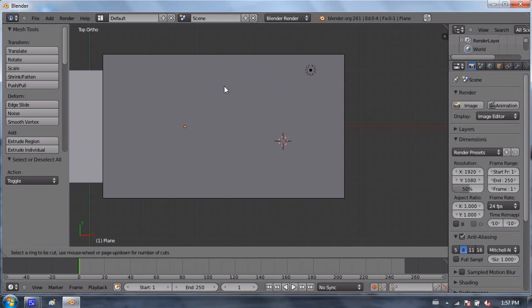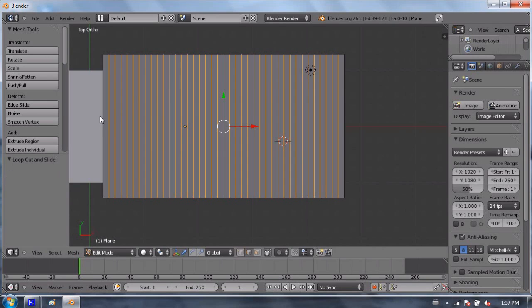And that gives me that purple-pink line. If I scroll my mouse wheel up, you will see that the number of cuts increases. Now, I can move my mouse around and that'll change direction, but let's just do one direction at a time. The nice thing about using Control R loop cut is that you can create an essentially unlimited amount of cuts. So let's go about as high as we want, right about there, and I'll click.